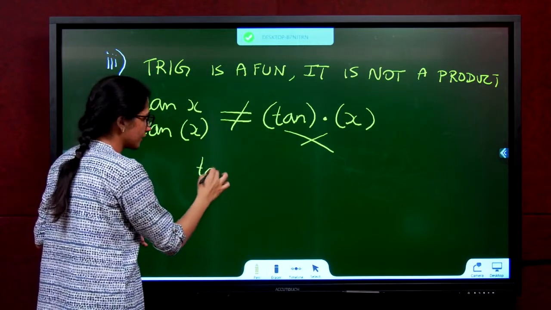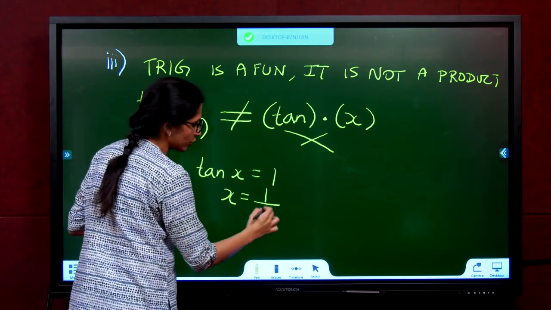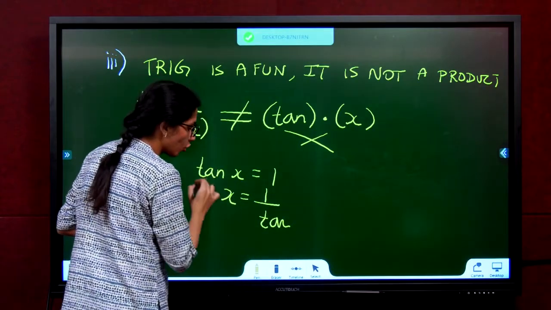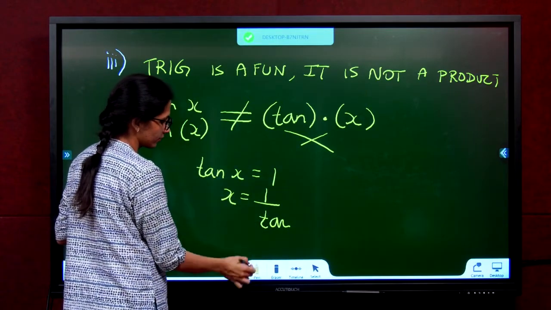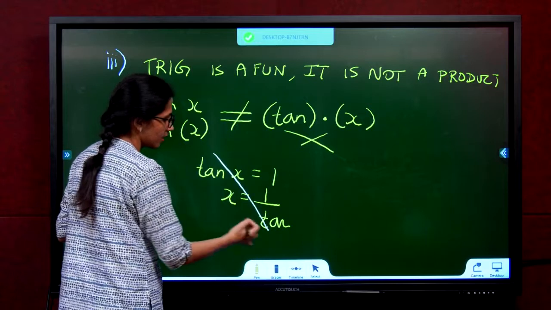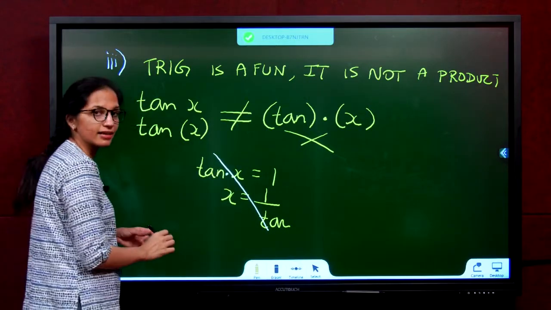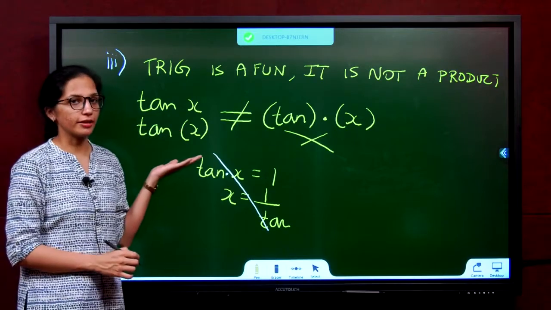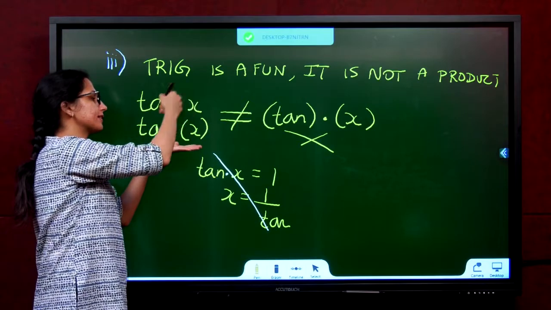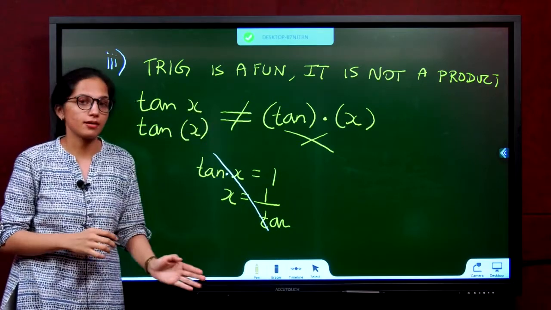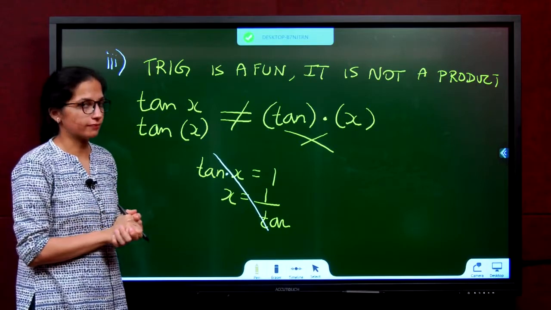So if I have tan x equal to 1, can I write it as x is equal to 1 by tan? No. Why not? Because this is not multiplication. Only when this is multiplication can you send the tan down. It's a function. It is not multiplication. You have to put an angle inside, some process will take place and you get an answer. I repeat, it is a function.